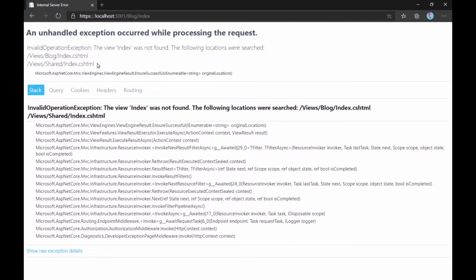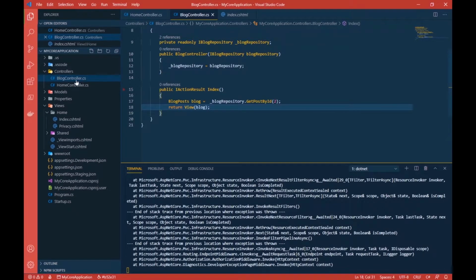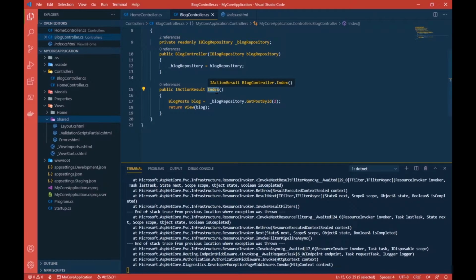So by default, when you return a view, the view discovery mechanism goes directly inside the views folder, and once it is inside, it tries to find the folder with the same name as the controller without the controller suffix. As you can see, there is no blog folder. So it tried the second default, which is when you do not find the blog folder, go inside the shared folder, and then try to find a view with the same name as the index, and you can see there is nothing.